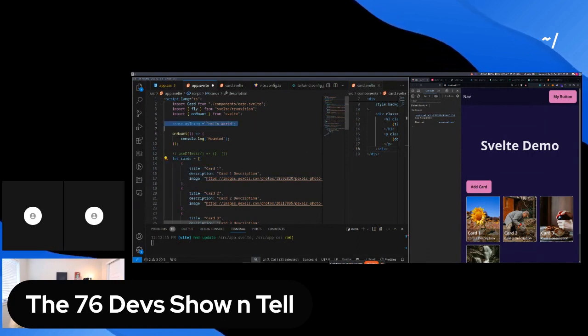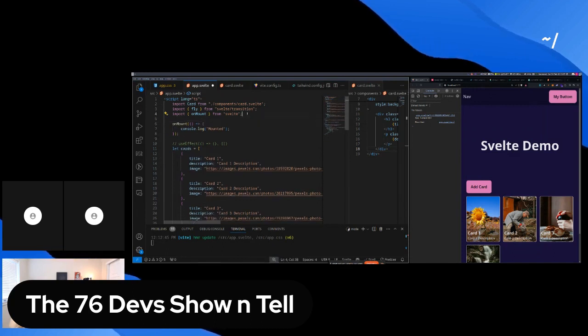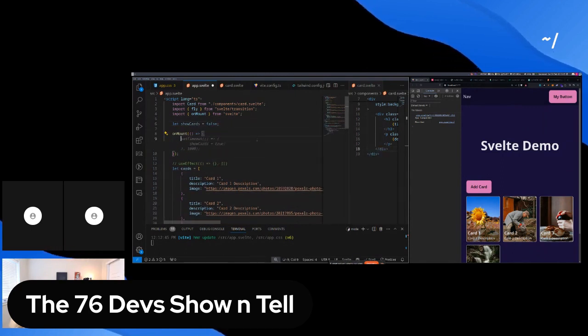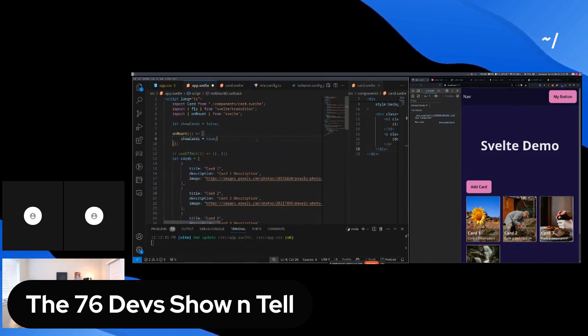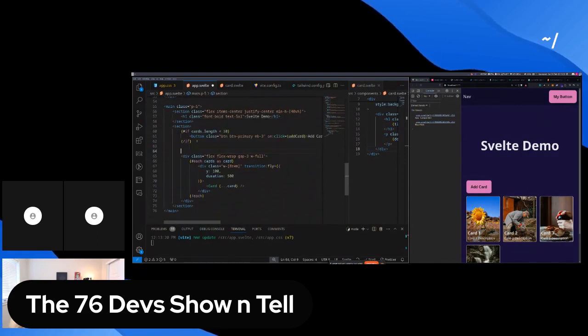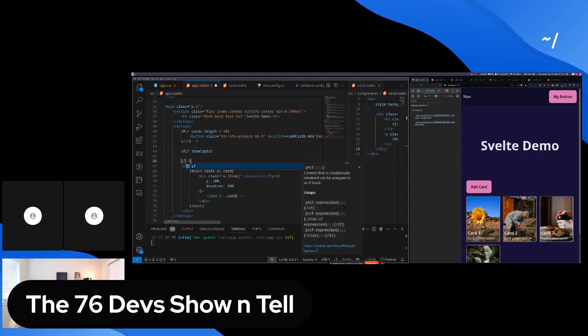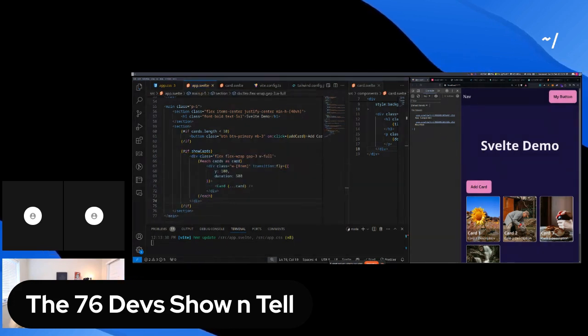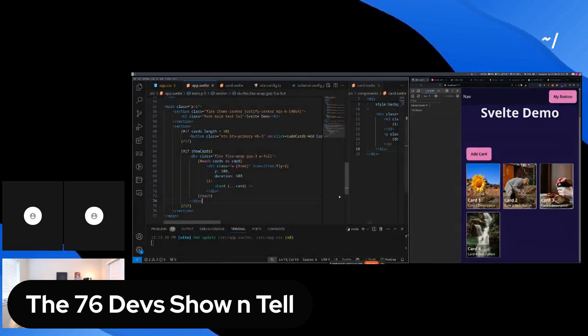Like we have our state and stuff. What I was planning to do is have a let showCards or something like that, and then onMount, we go showCards equals true. So this is a flag that instantly gets flipped. But the reason I did that is because now I can wrap this section in showCards, and that will trigger the animation to go because this section wasn't here, then the section was here, and